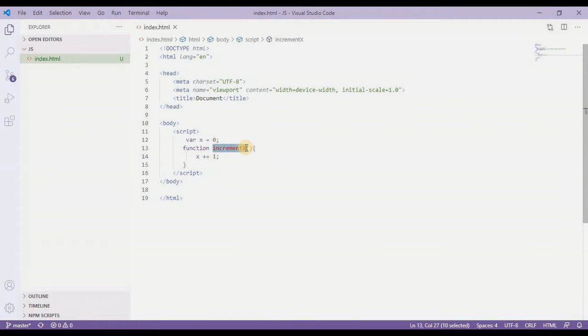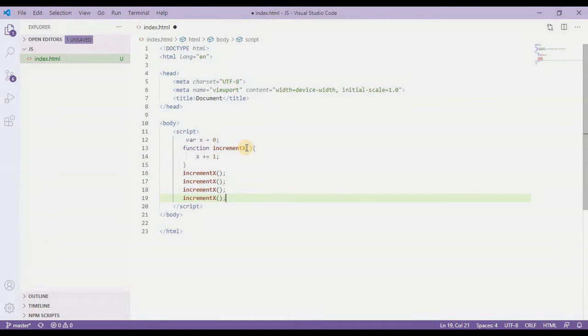Now I will call this function a couple of times so that we can see how this number is being incremented. So let's copy this function call 3-4 times. So I have copied it 4 times.